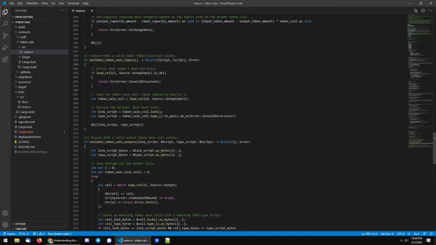This kind of goes in a little bit backwards order here. The first thing we do is load what would be at index 1, which is the second cell. And what we're actually looking for is an error. If it loads properly, then we throw an error. If it fails to load, then we can proceed. The reason we're doing that is because we want to ensure that there's exactly one token sale cell, not more than one. If there are 2 or more, then that's a problem,